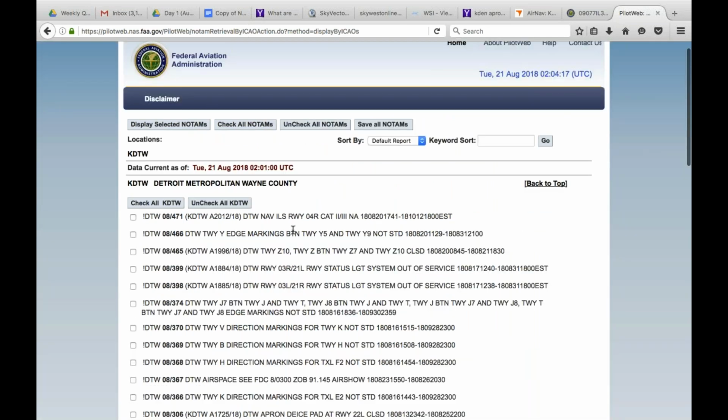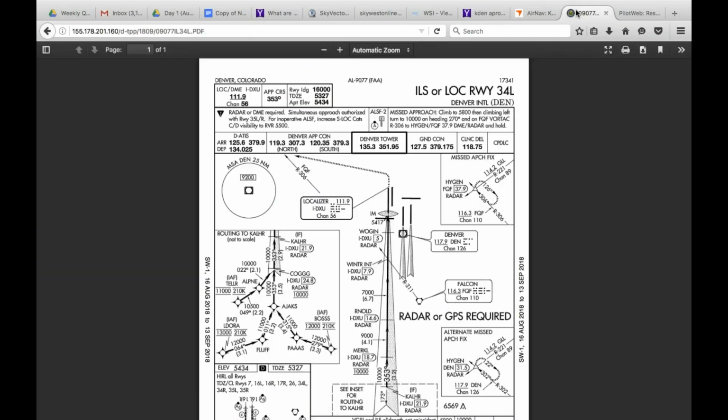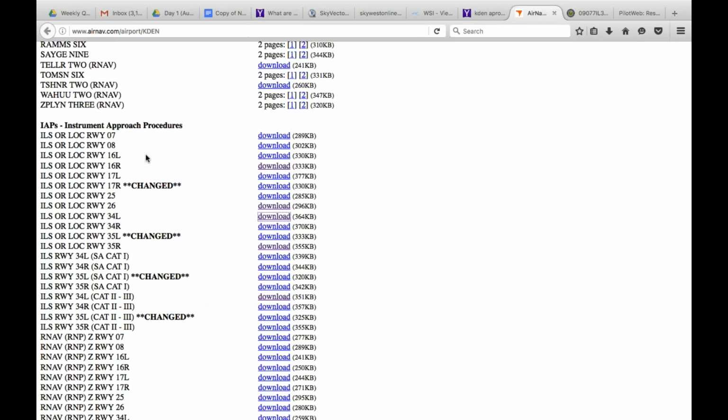let me see if I can find. Actually, it'd probably be easier to find it on our approaches. So if we're going into Denver and let's say we're planning this ILS 16 left. And let's say that we've got really thick fog. We're expecting bad weather conditions, so we're probably going to have to go down to minimums on approach. And we're looking through our NOTAMs, and let's say